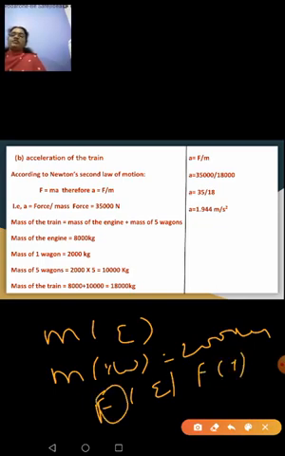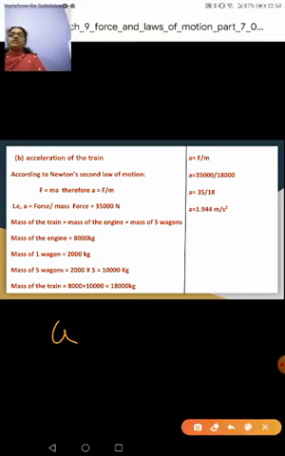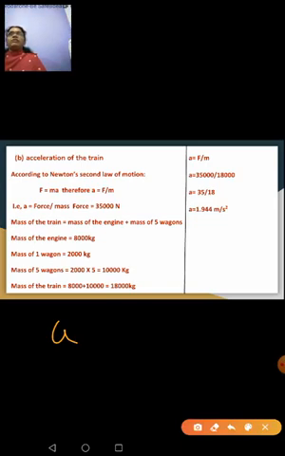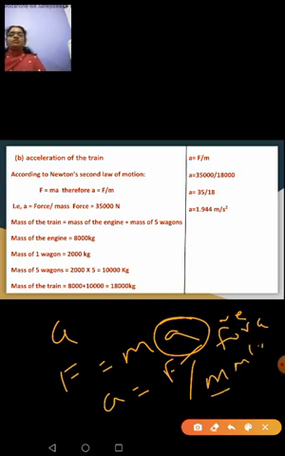Okay, so you have force, you have mass. You don't have any other quantity. You have to calculate the acceleration shown by the train. So you cannot go for the other formula V minus U upon T. You have to bring in the formula which has F, M and A. So which is the formula? For that we'll use F is equal to MA. Now I want this A. So what should I do? A is equal to F upon M. F stands for the net force which we have already calculated, and M stands for the mass of the train.